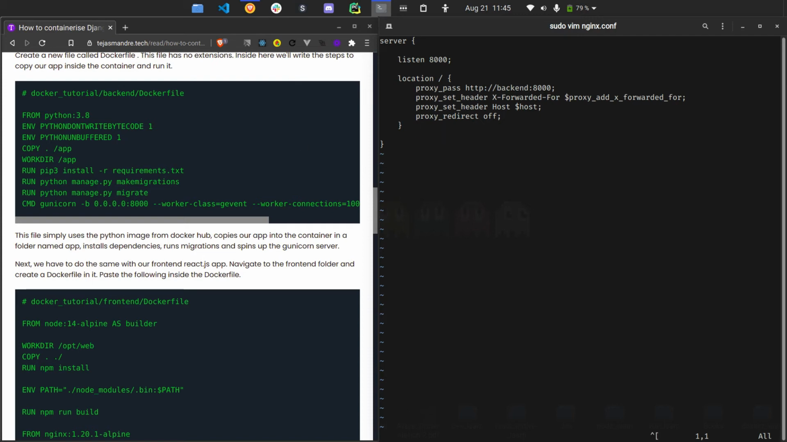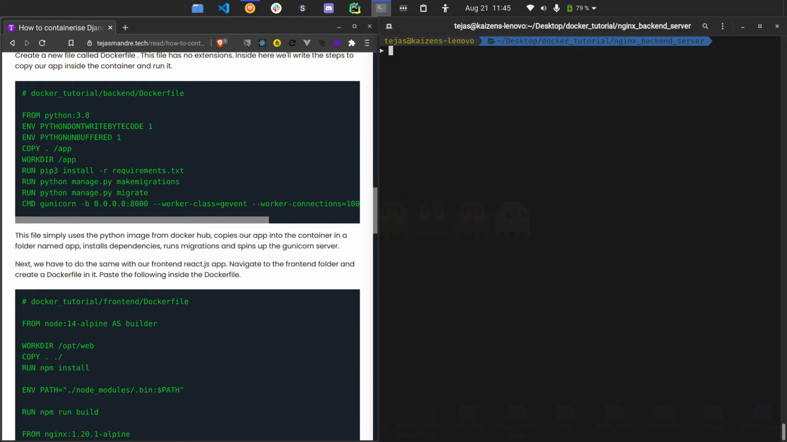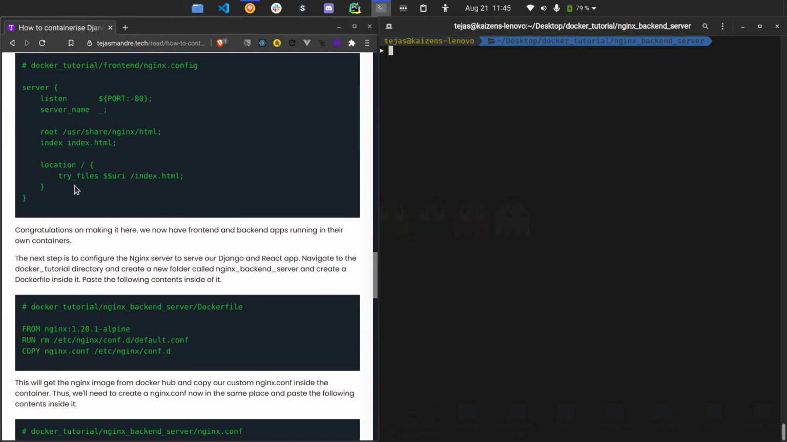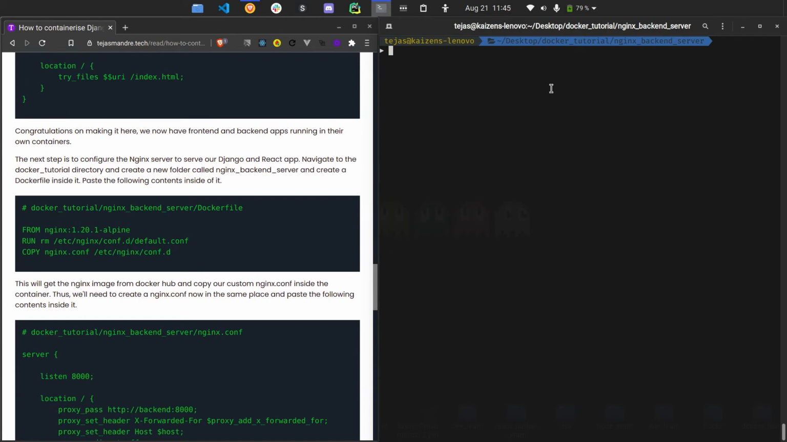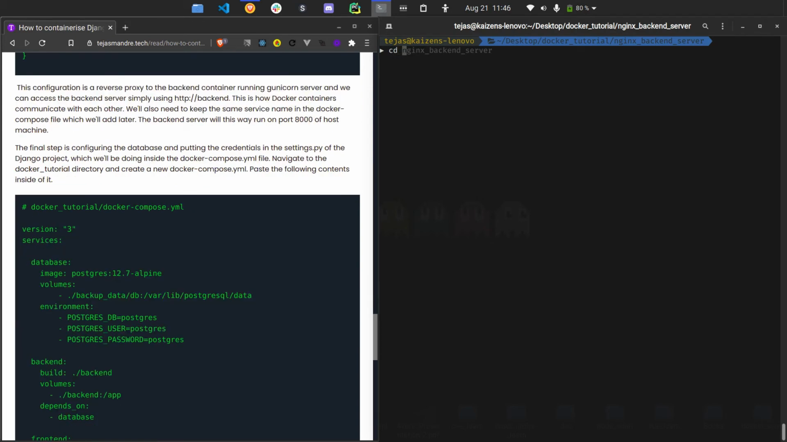So once this is done, with this we complete the application's configuration. Now the next step is to start everything at once: start the nginx containers, the React app, the Django app, the PostgreSQL, and just spin up the entire application. So for that we'll come a directory back to the root directory, that is Docker tutorial, and here we are going to create a file and call it